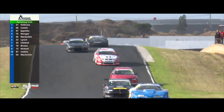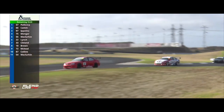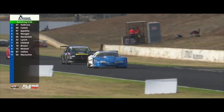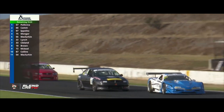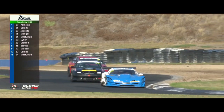Just enough so that he didn't scuff up the side of that tribute livery on his Commodore. And it's Aidan Munger doing a great job in the AMS entry. He's sitting back there doing a nice job just inside the 5. Here's putting 2 and 3 on the road. Johnny Polito getting a little bit nervous with it, just wanting to...